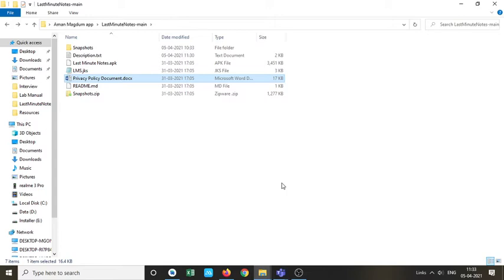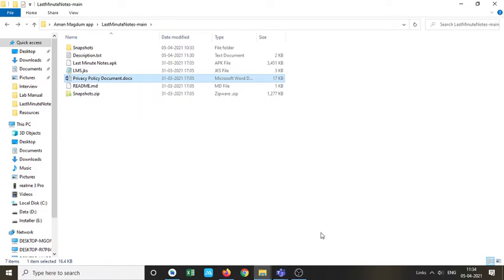In previous case, whenever you are publishing the Android application, you could keep this part optional, and after a few days you could submit this, but right now this is made compulsory. So while deploying the first version itself, you should provide this privacy policy document. So what you need to do, you need to create this document, and you need to upload this document on some platform, that is website or GitHub.